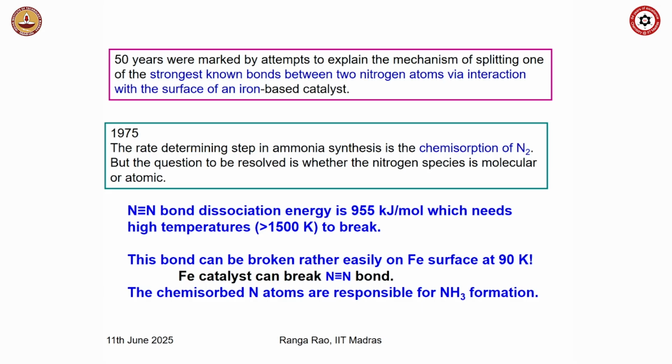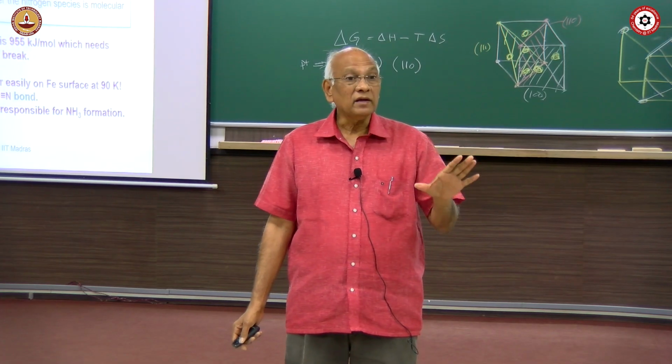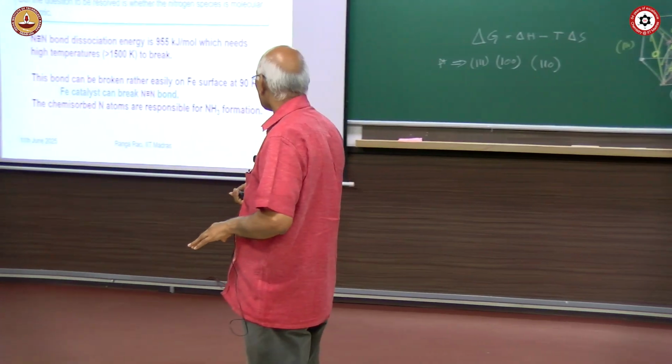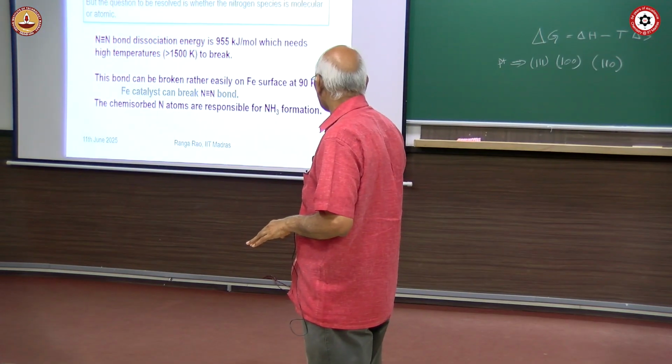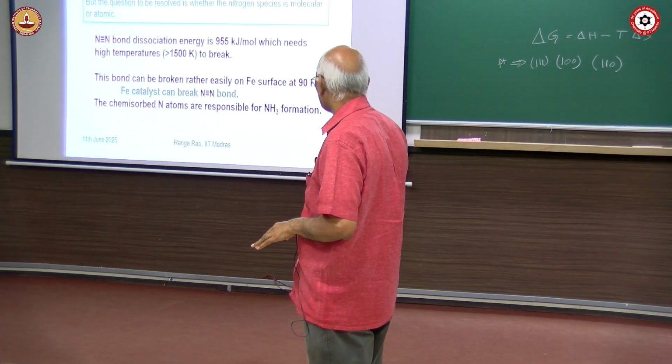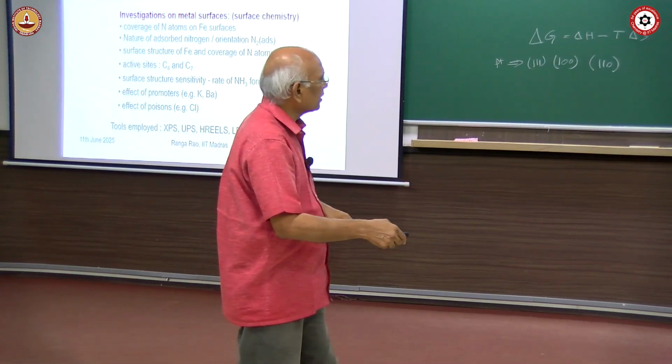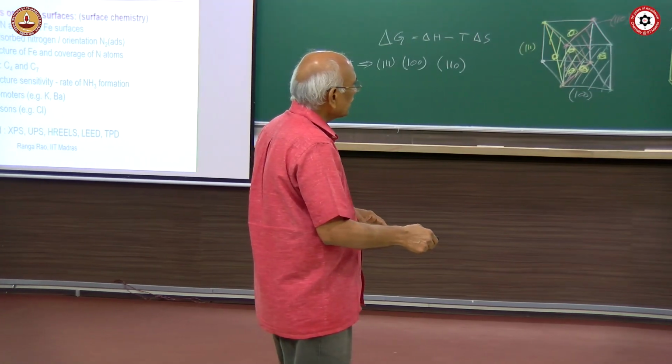But when you use iron as a catalyst for ammonia synthesis, this bond can be broken even at 800 Kelvin. Even at 800 Kelvin. Okay? Over 900 Kelvin, yeah. So that is what the people have investigated, and then finally found out